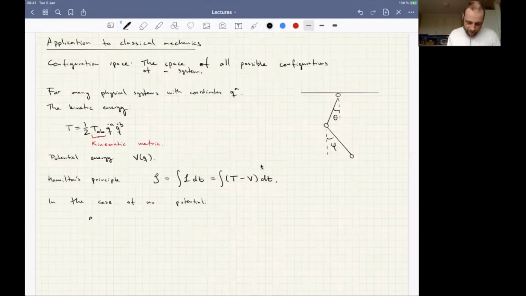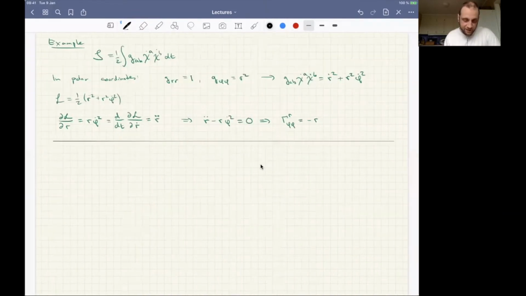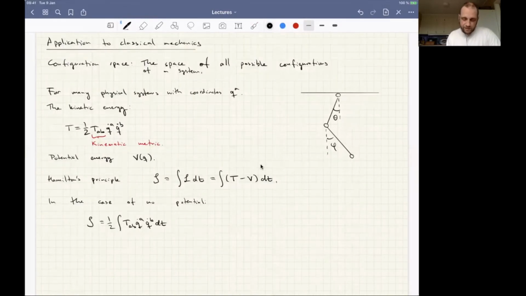So I have that S is 1/2 T_AB q dot A q dot B dt. Now, this looks strikingly similar to what we just had here, right? So we had this, where this is exchanged for T, and well, the coordinates I just renamed them to q. So this is exactly the same expression, which means then that